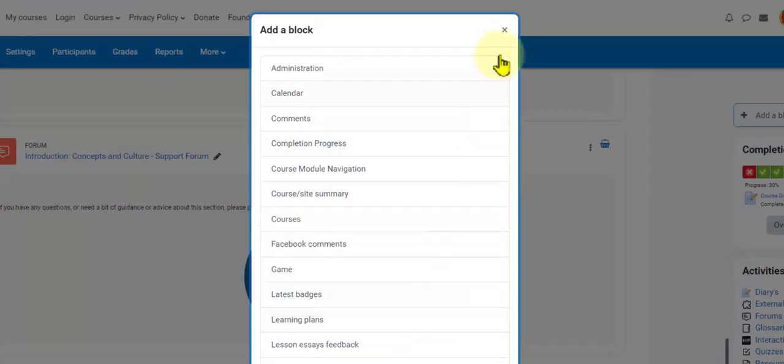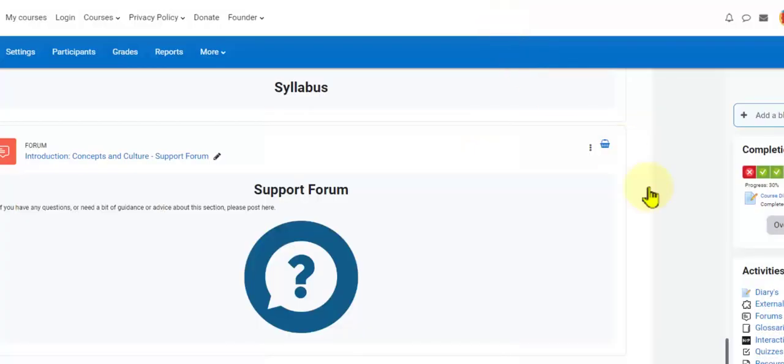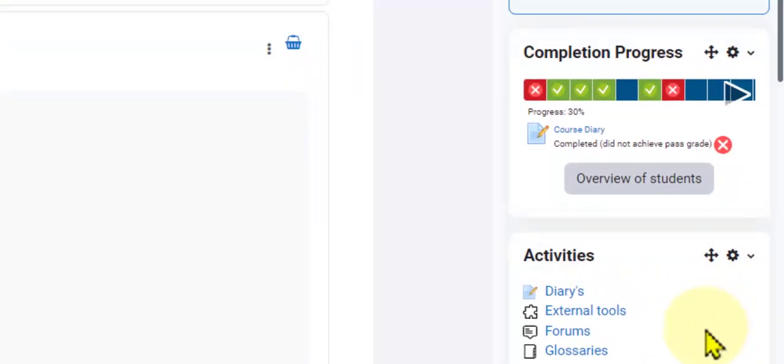Now, I've already set up a few. I've added a few to my block panel just so that we can actually visualize them, because the list of titles doesn't tell us an awful lot. And let me just go through them very quickly with just a word or two about the rationale behind using them. Now, I've got a completion progress bar because I'm a great believer in allowing students to visualize the progress